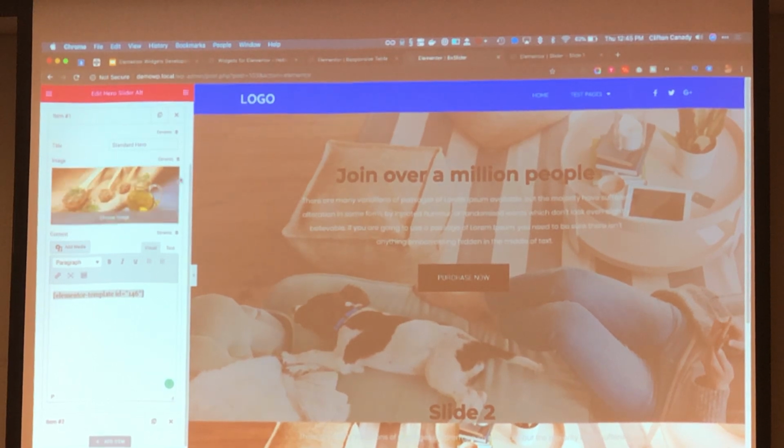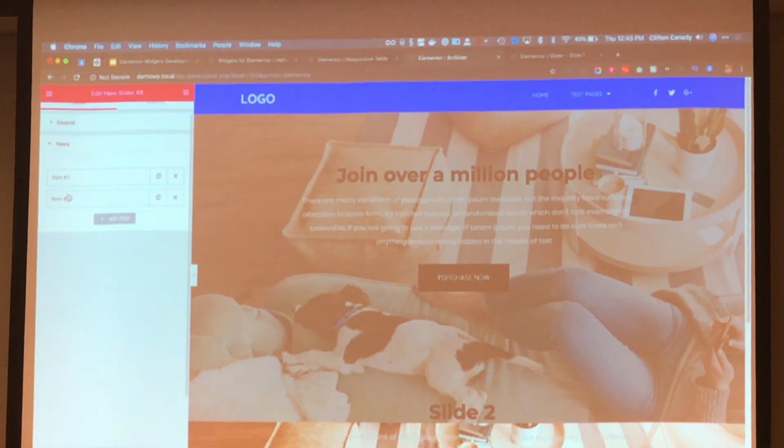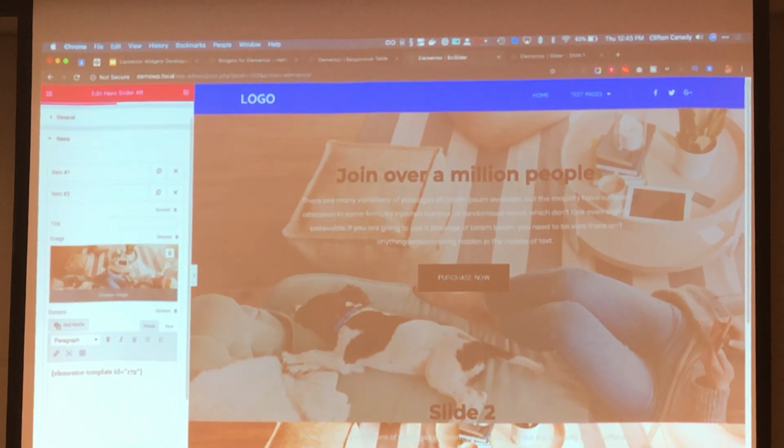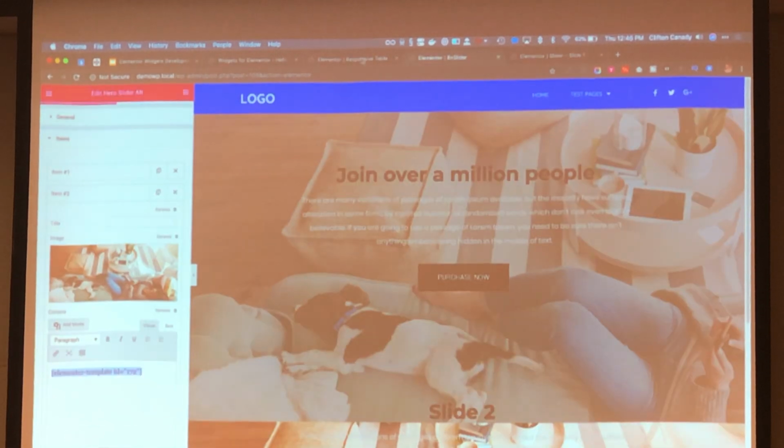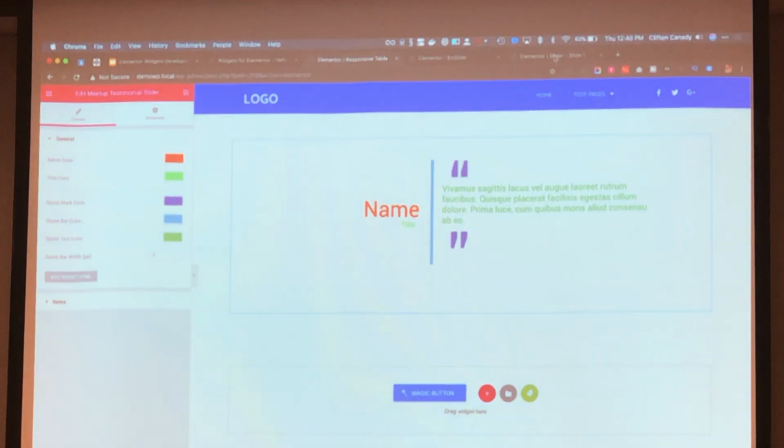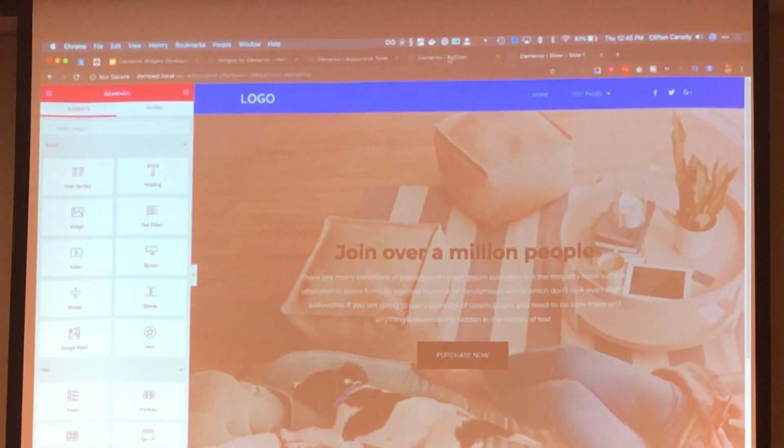Or you can just do it like this. You can add the text or the image here, and you can just type content in there if you want to. It's whatever you want to do with this. That's why I was giving him the option. So I did that, and I'm still working on another one that's pretty complex,